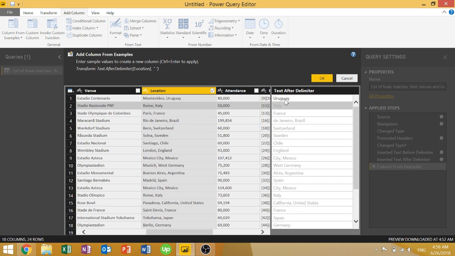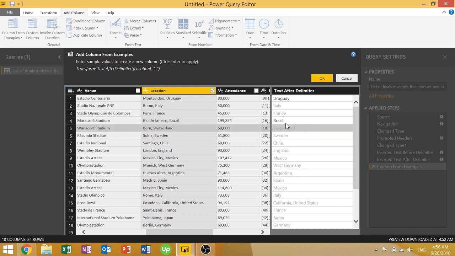Just by looking at the first example, it thinks you're just trying to get rid of the first word, I believe, which leaves you with Uruguay. For the Brazil example, it's getting rid of Rio to leave you with De Janeiro, Brazil. But basically, to get Power BI to act the way you want, you can just type in more examples. Like for this one, since it's wrong, now you just have to type in Brazil. And you can see that now,